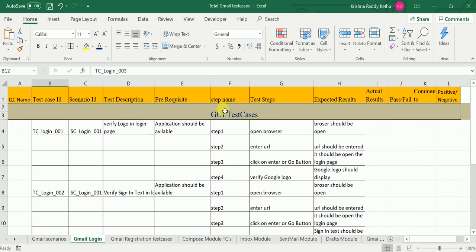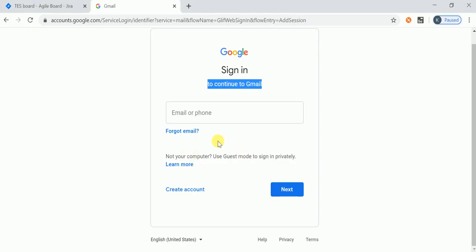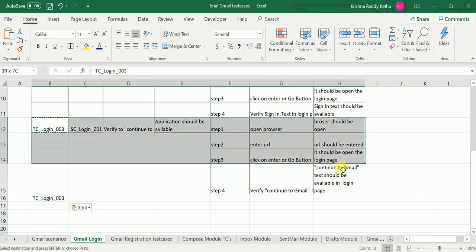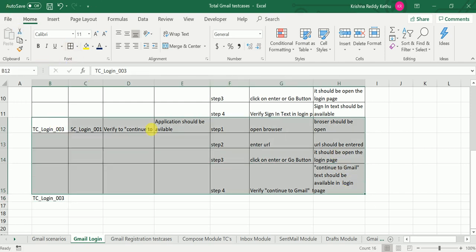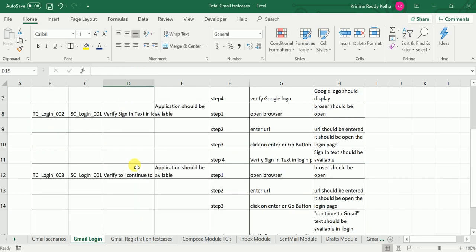Now we are writing the Gmail test cases. Each and every step you need to write. Next one, this email or phone text field needs to be available. So this is my fourth test case. I am going to write the scenario.